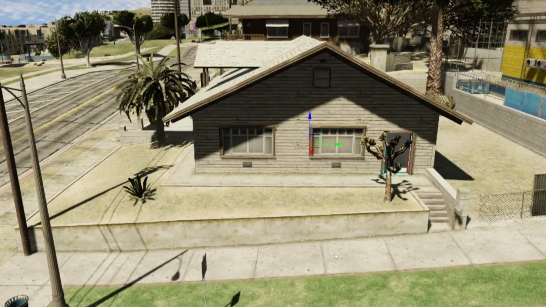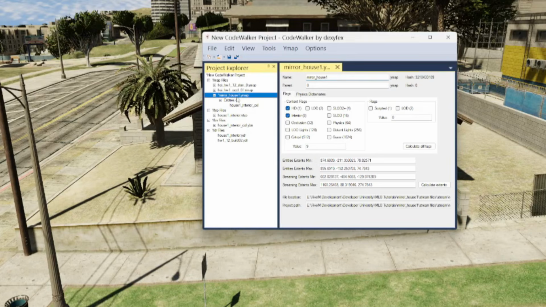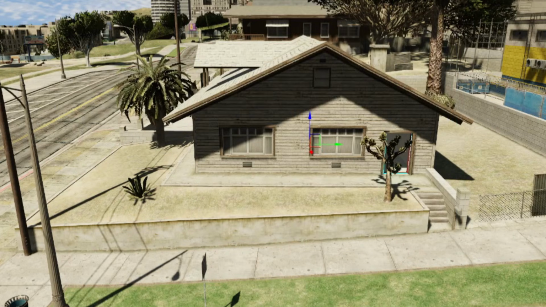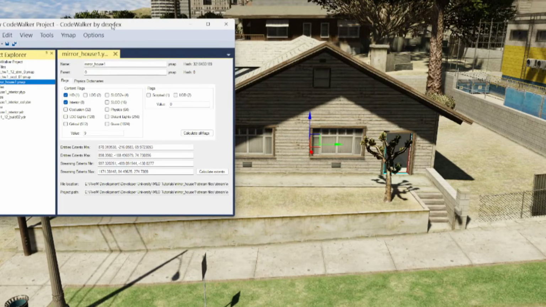After you get your interior how you want it, we're going to save it. Okay? And then you are going to want to, and you know what I didn't make? I didn't make any windows either. Obviously I'm going to make those, but